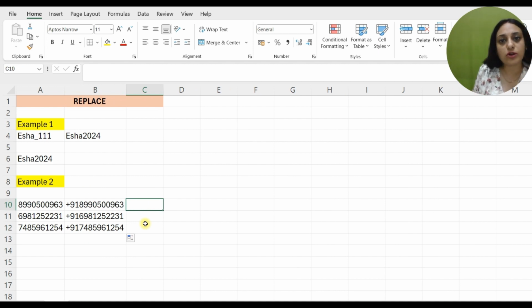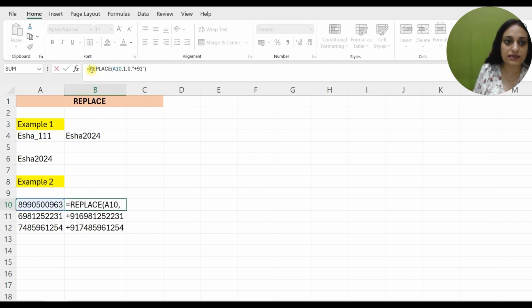Now what if I want to add hyphen or dash after +91? I can do the same with replace function, let's see, but that would be kind of nested replace function. So here I'll say equal to replace. This formula would be my old text.